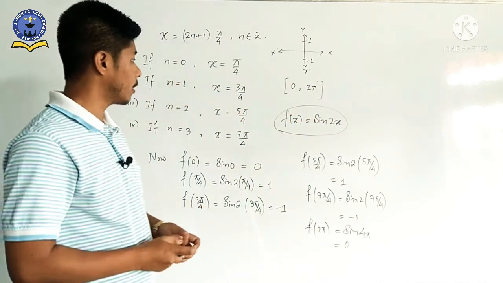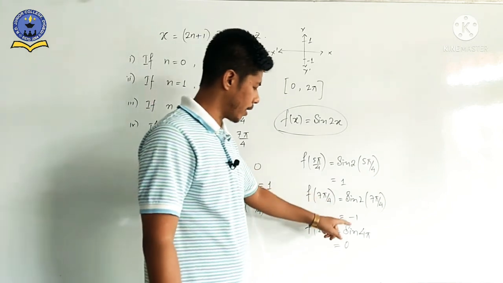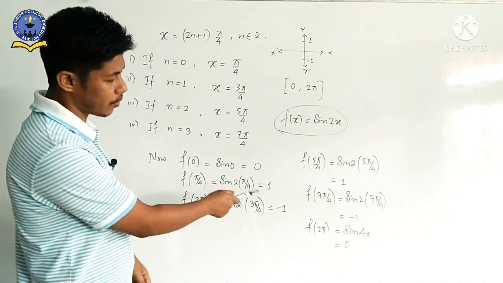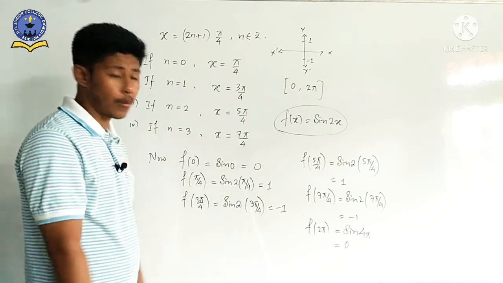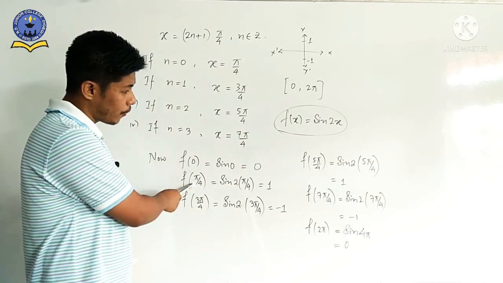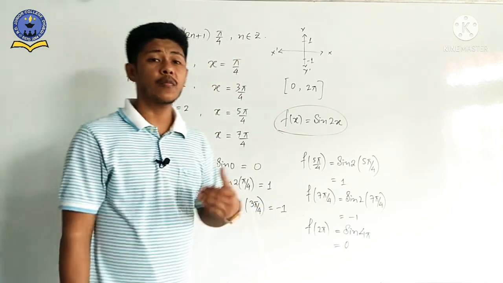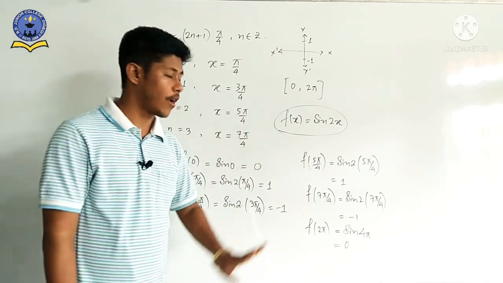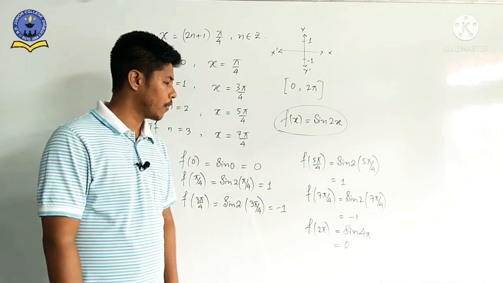Now if you see here, in all these cases we get 0, 1, -1, then 1, -1, 0. So at which point do we get the maximum value? The maximum value is 1, isn't it? The maximum value is 1, the minimum value is -1. So we need the maximum one. The maximum value we get at 2 points, 2 critical points: at pi by 4 as well as at 5 pi by 4, and the value is 1. Is it clear?